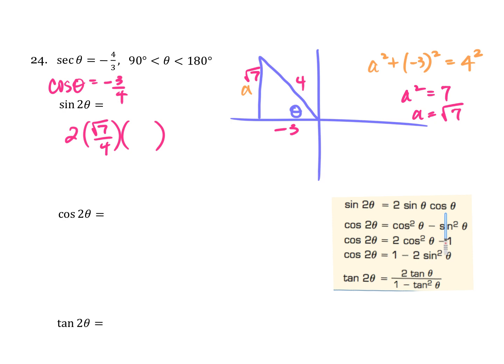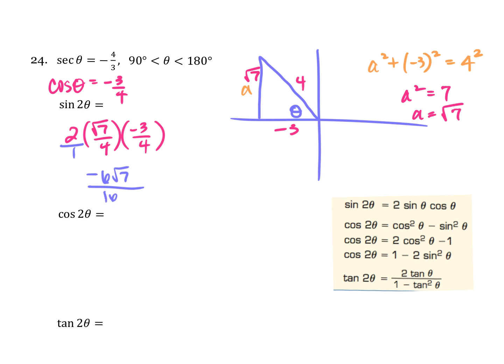Cosine of theta. They gave it to us, really, or we could look at our triangle. Either way, adjacent over hypotenuse. CAH, root negative 3 over 4. Guys, sometimes it helps us put that 2 over 1 just to make sure that we multiply correctly. Up top, what would we have up top? Beautiful. Over